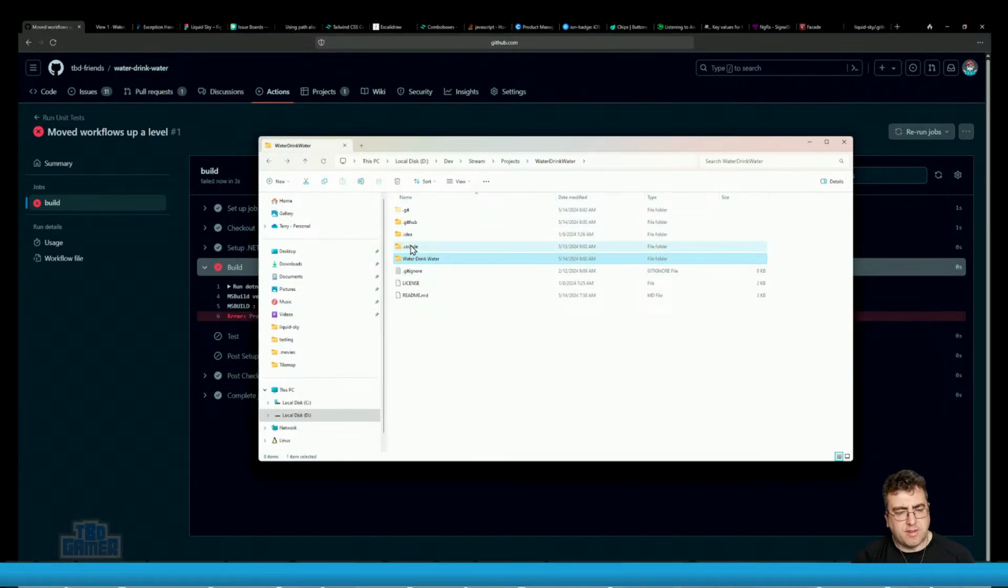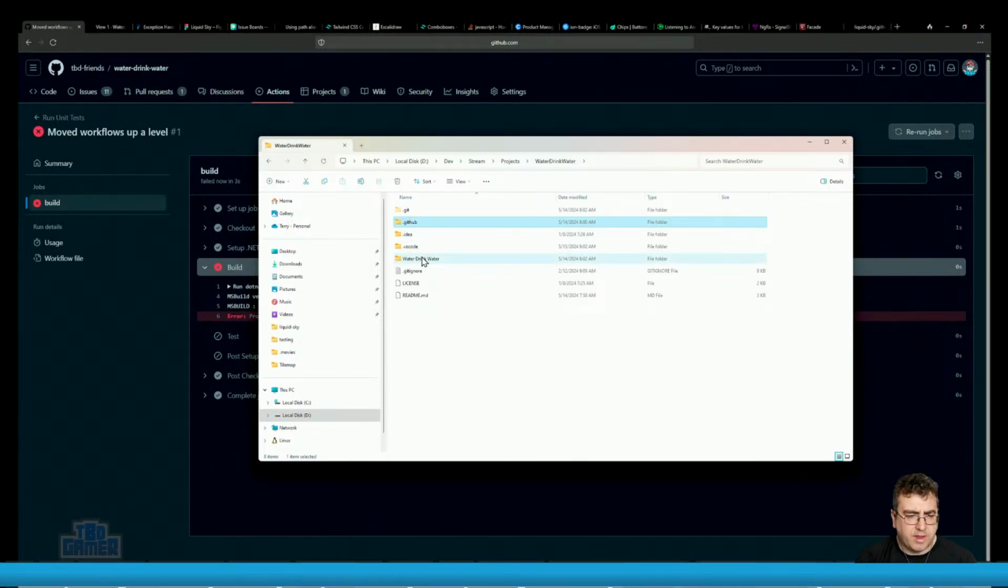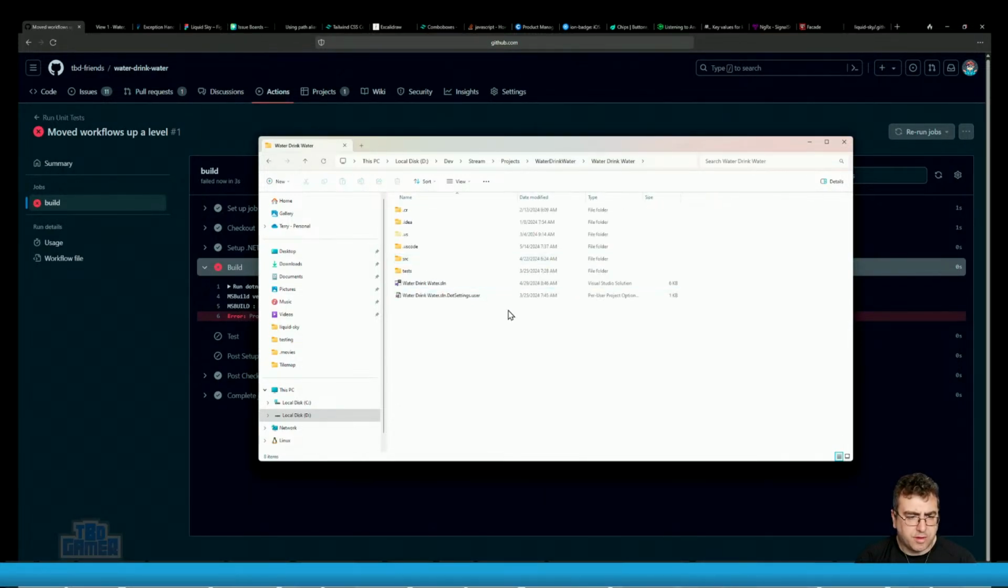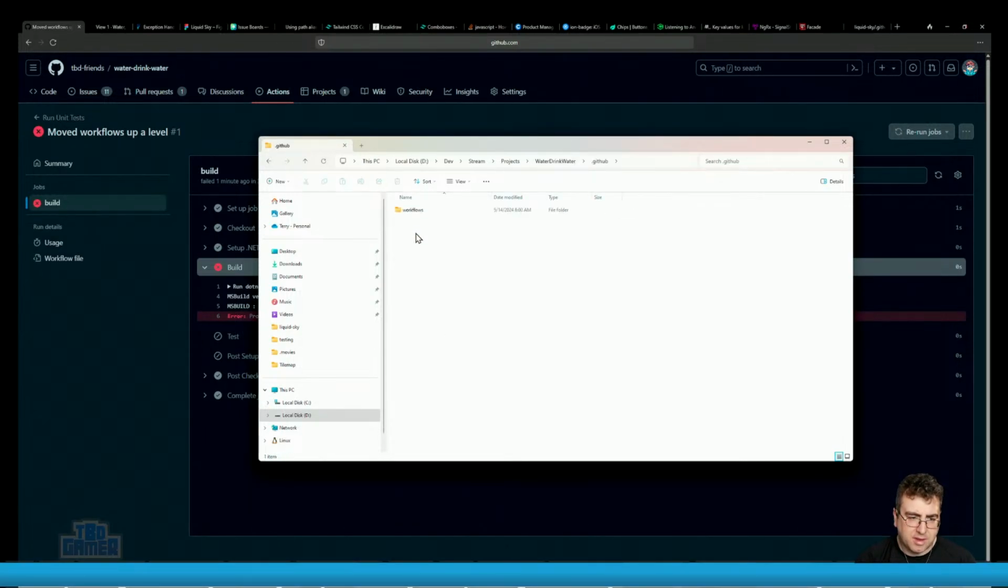I've made a mess of this project structure. I've not done it the same way I would normally do it. I've ended up creating a folder called Water Drink Water under the folder called Water Drink Water, into which I've put the solution for Water Drink Water. So I've made a mess of that one. So for right now,